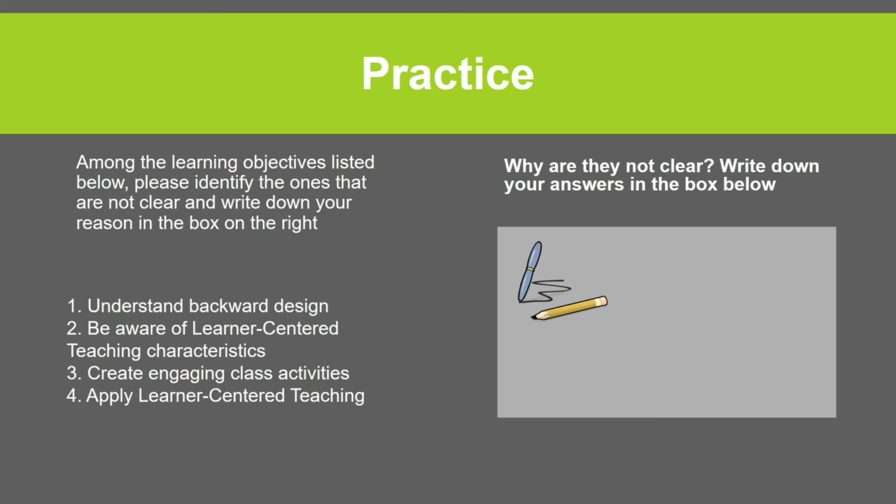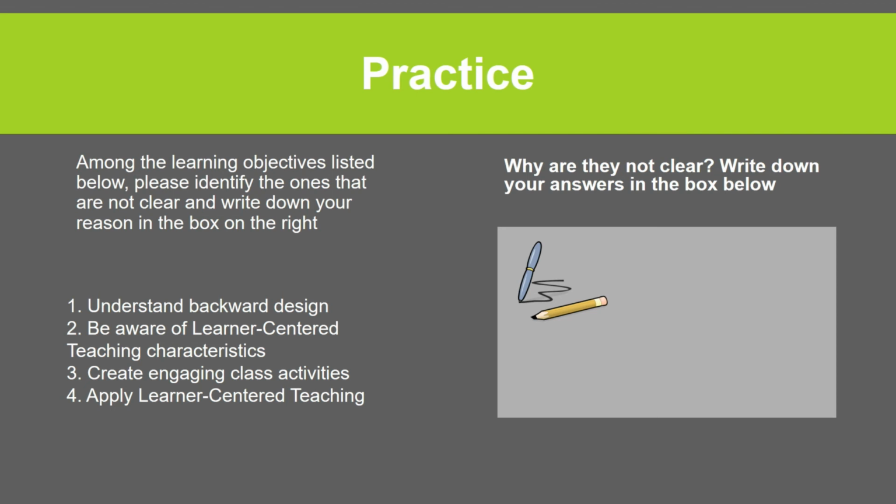So here's an example of a practice. Among the learning objectives listed below, please identify the ones that are not clear and write down reasons in the box on the right. We've listed 4 different examples there. Which of these, which are relevant to what we're doing here in this module, might not be clear, and how would we change that? So the first one, understand backward design, that could be the idea of something more general,